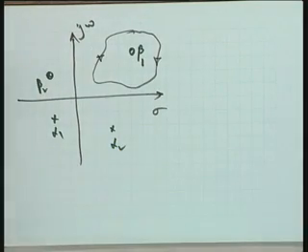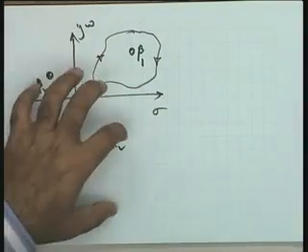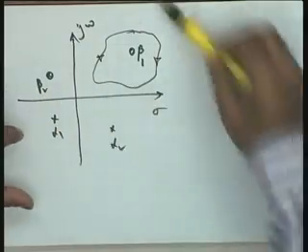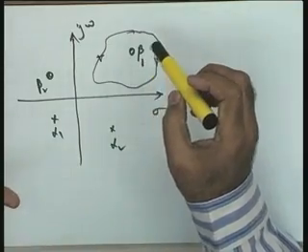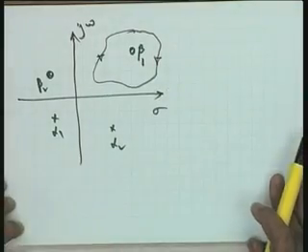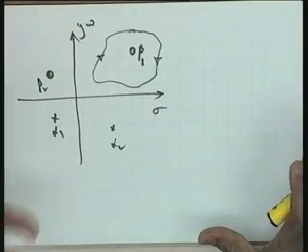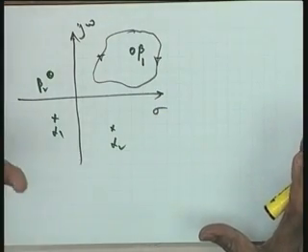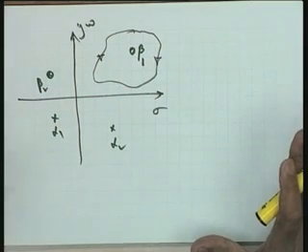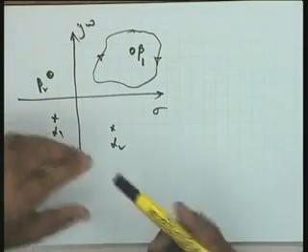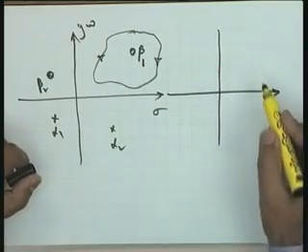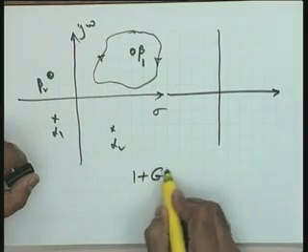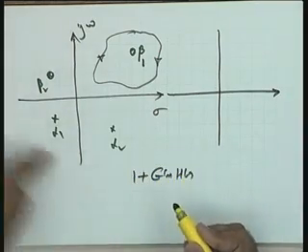As I said, any contour in the S plane will give me a corresponding contour in the W plane. Without justifying why I took this, I take a closed contour with the only point that one of the zeros of the function 1 plus GS HS is enclosed in this contour, and all other zeros and poles lie outside this contour. Now, as I said, I am not interested in the quantitative mapping. I am interested only in the qualitative mapping, and comment on the qualitative mapping of this contour onto the W plane contour under the function 1 plus GS HS, whose poles and zeros are shown to you.